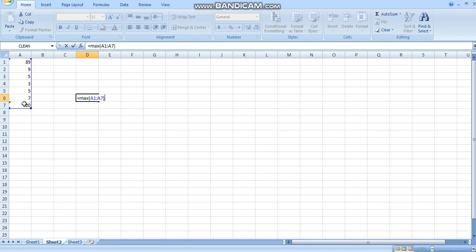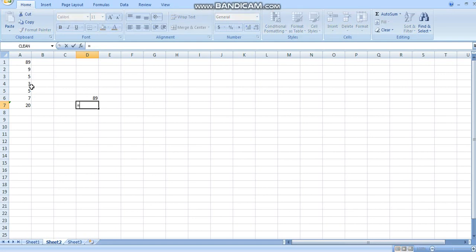If I want to find which digit is maximum in this cell range, it can be done with the help of the max formula. I'll press enter. Here 89 is the maximum digit.